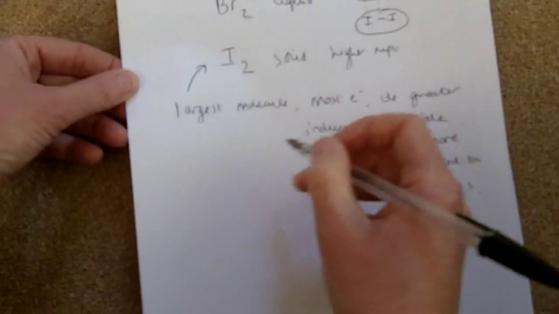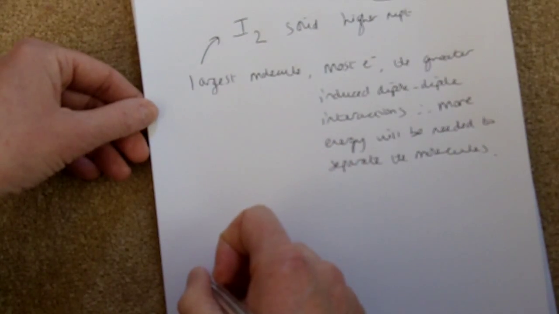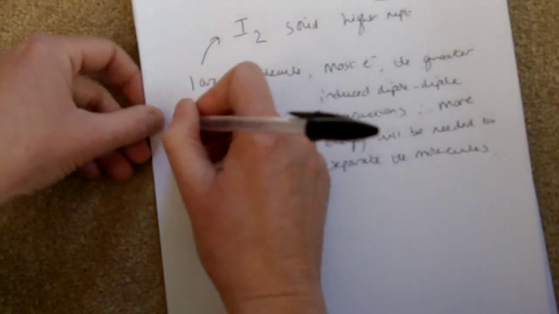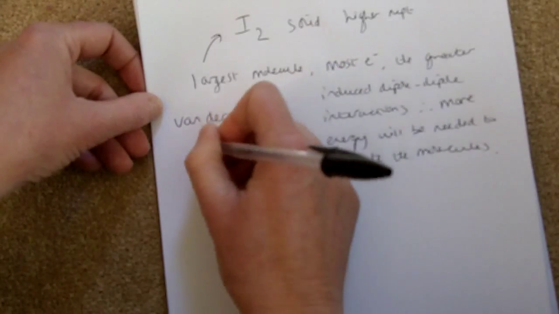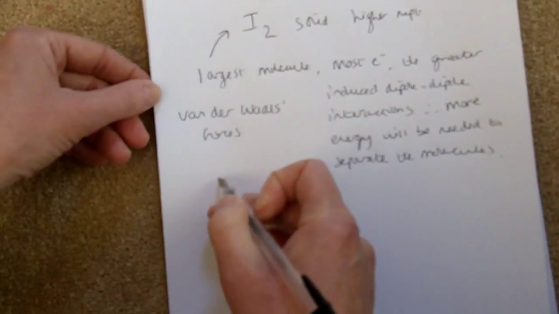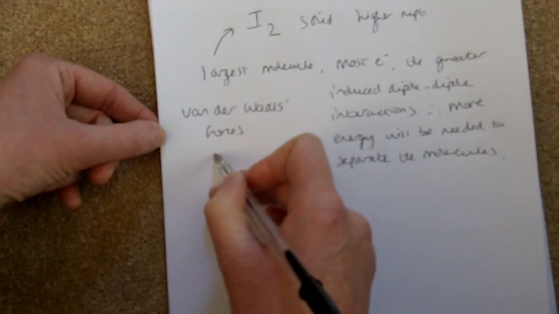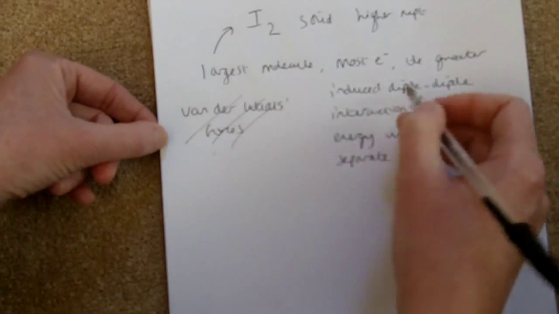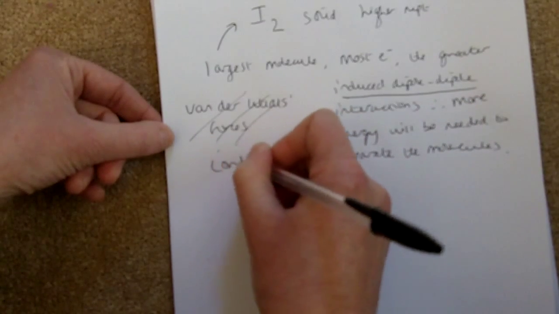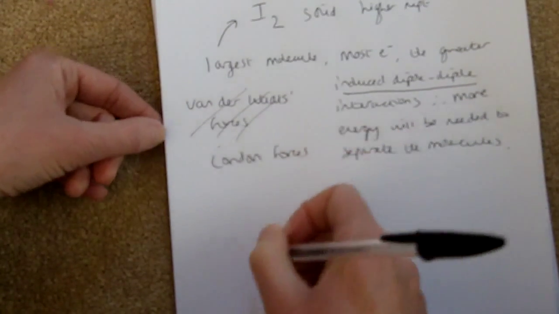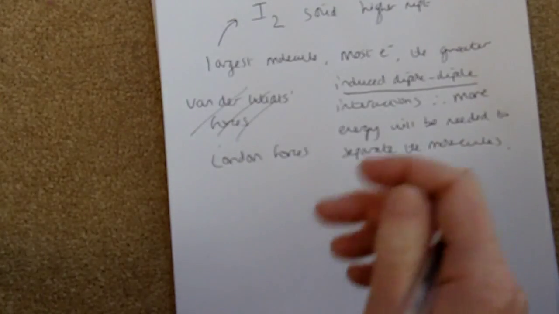Okay, now these forces, these London forces, these induced dipole to dipole forces, they used to be called Van der Waals forces. If you're doing any of the old exam papers, they are called Van der Waals forces, but now the term has changed and it's called induced dipole to dipole or London forces. So the name has changed, but they're actually the same thing. Okay, that's the weakest intermolecular force. Then number two